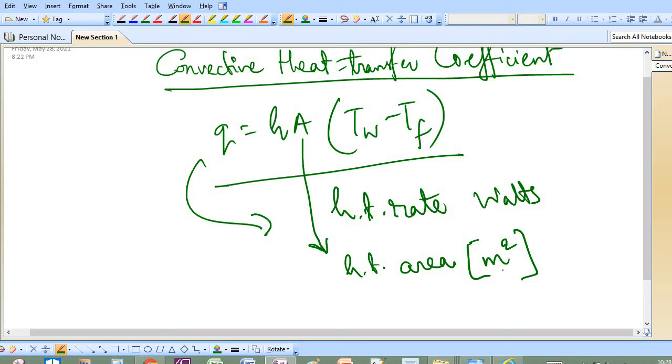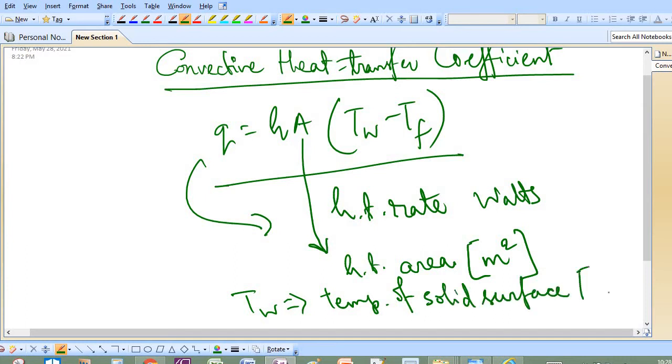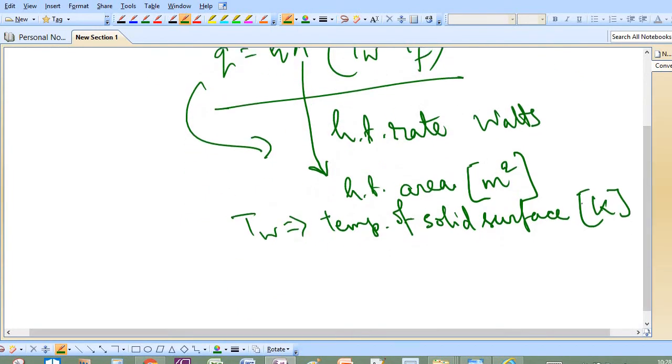Now we have TW. What is TW? TW is the temperature of solid surface in Kelvin, the surface through which the heat is being taken out by the bulk motion of fluid. So in convection, our bulk fluid motion is very much important. By the bulk transport of fluid, the heat is basically taken from a solid surface or